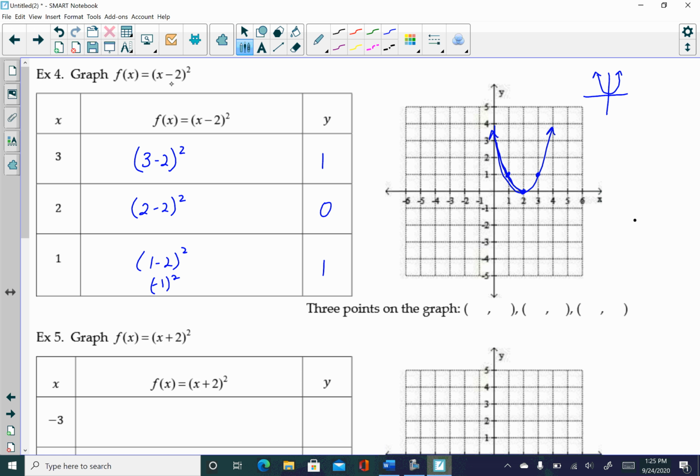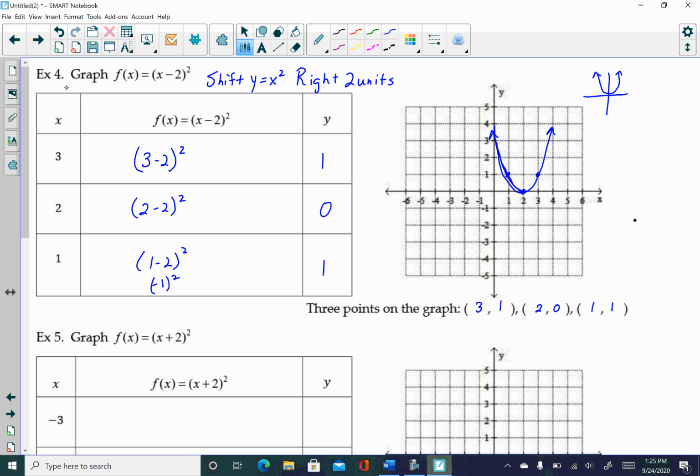When you're inside parentheses, you're going to find that horizontal transformations occur opposite of the way you would think. So this minus 2 actually is going to shift y equals x squared right 2 units. Because a minus you typically would think would go negative. When it's inside parentheses, it goes opposite of what you would think. So it would go right 2 units. And so our new points that we found here were 3, 1, 2, 0, and 1, 1. Okay,